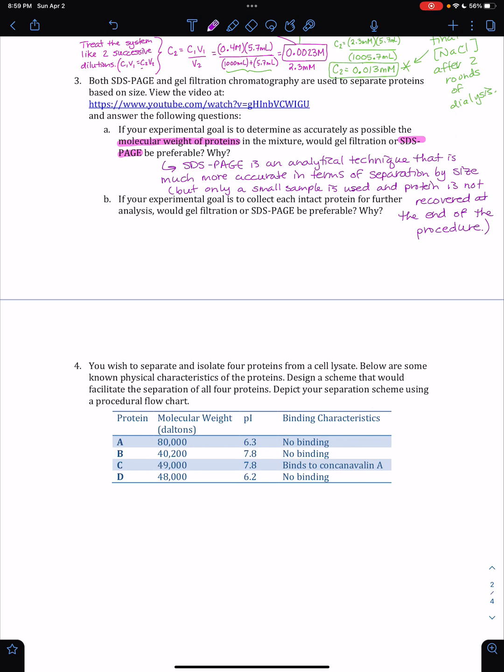All right, so then in the second case, for part B, it says if your experimental goal is to collect each intact protein for further analysis, would gel filtration or SDS-PAGE be preferable? In this case, gel filtration is going to be preferable. So gel filtration is a preparatory technique,